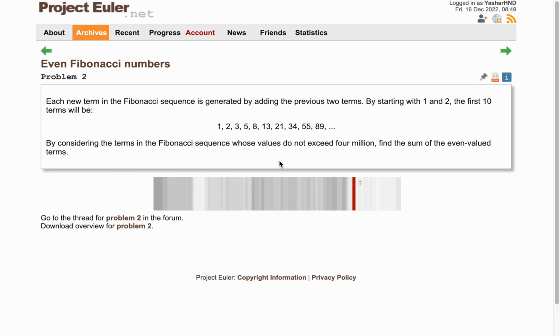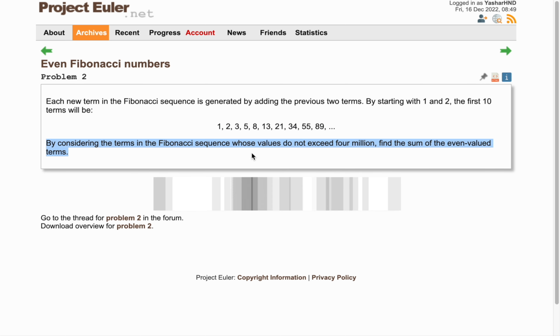In this video, we'll take care of problem number 2 of Project Euler, which is Even Fibonacci Numbers. Let's read the problem. Each new term in the Fibonacci sequence is generated by adding the previous 2 terms, starting with 1 and 2. The first 10 terms will be this sequence. By considering the terms in the Fibonacci sequence whose values do not exceed 4 million, find the sum of the